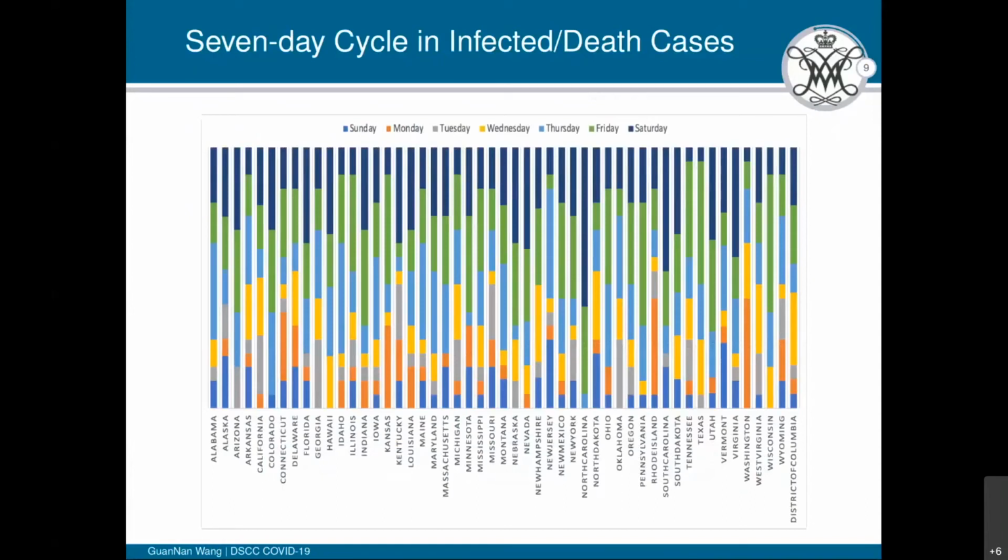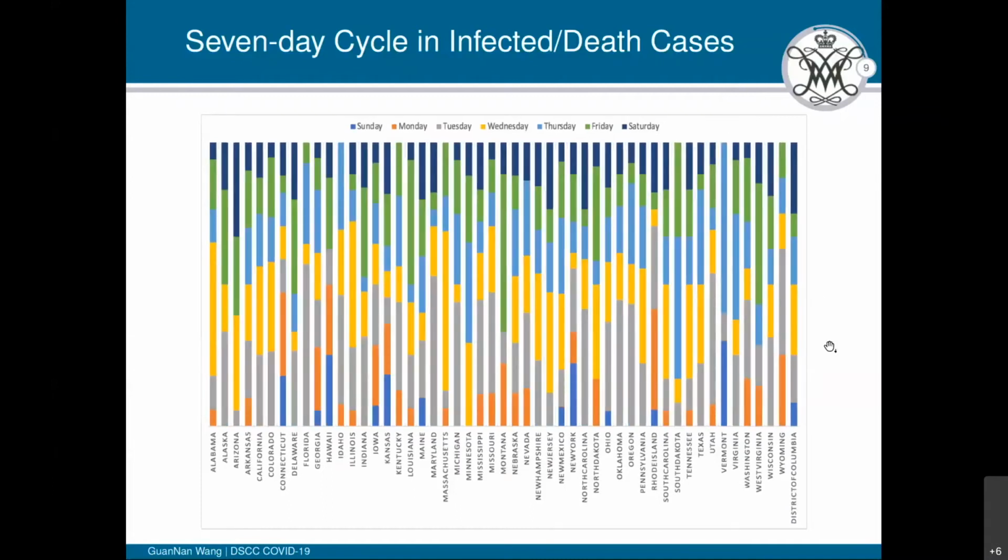This stacked column bar plot shows the number of weeks that reach the weekly maximum of the infected and death count across days of the week in different states. This first figure is based on the infected cases. We can see that for states such as North Carolina, South Carolina, and Virginia, most of the cases are reported on Sundays. And for states such as Pennsylvania, Tennessee, or Wisconsin, most of the cases are reported on Fridays. The next one is based on the death cases, and you can see many states reach their peaks on Tuesdays.